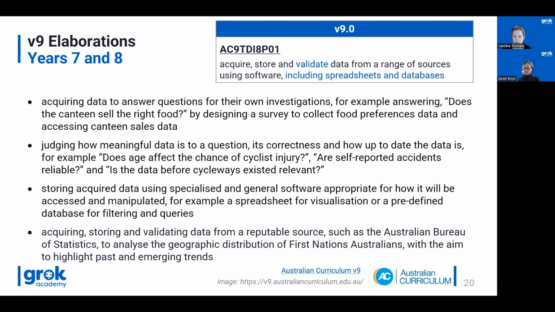So acquiring data to answer questions for their own investigations, for example, answering questions such as, does the canteen sell the right food? So students might design a survey to collect food preferences and data, accessing canteen sales data. So this is something that they're familiar with, and it's a helpful way for students to learn how to collect data. As I said before, this is simply an example, as are all of them, and these are just ways students